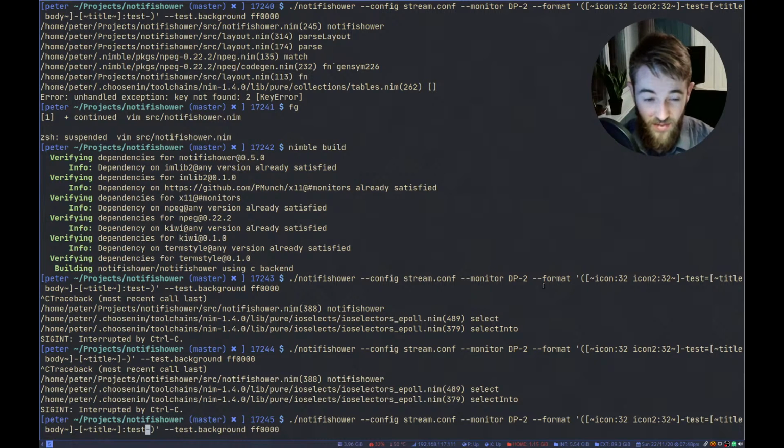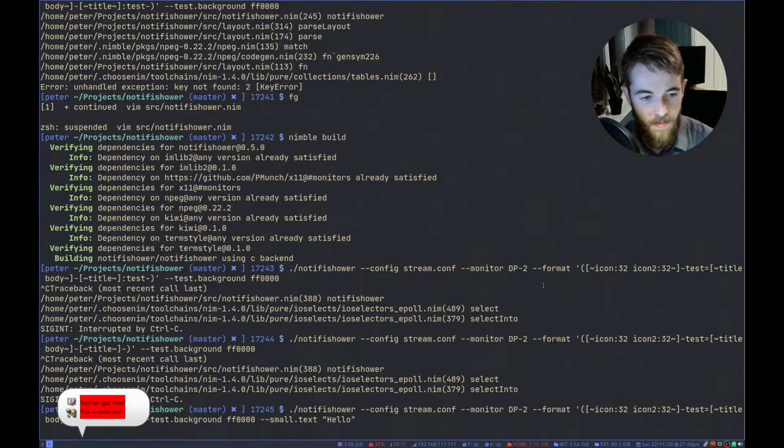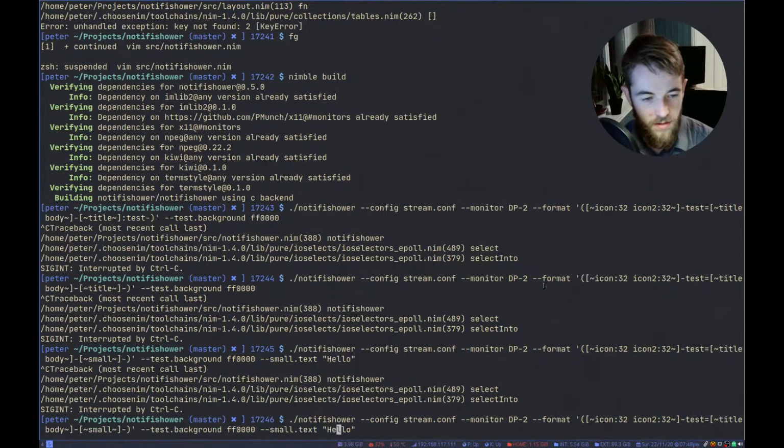And since we can't do the whole other thing, let's try to just add a smaller text here. So that small.text is hello. That disappeared for some reason.